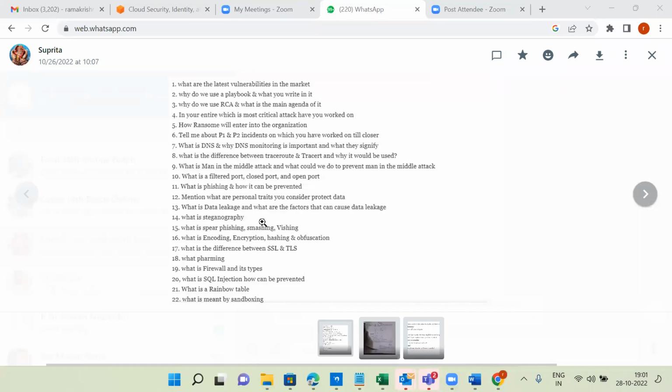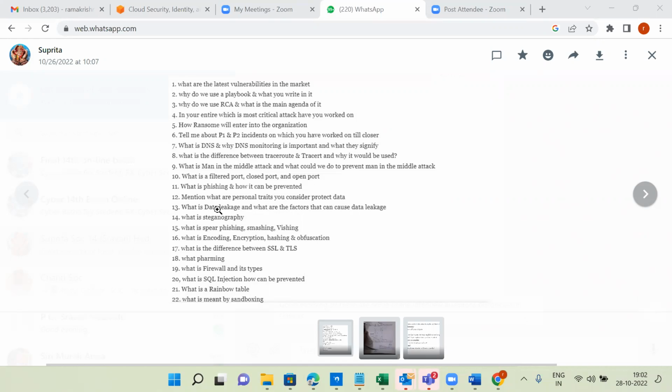Okay, next one: what are a filtered port, a closed port and an open port? An open port provides communication between the user and the application, server, service or software installed. With a closed port, we cannot access anything. A filtered port is used for blocklisting or whitelisting of the traffic. So these are the three different types of ports. Always, closed ports are better. Yesterday we already saw this.